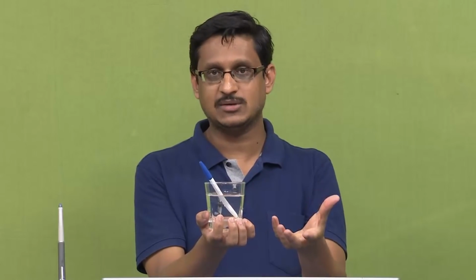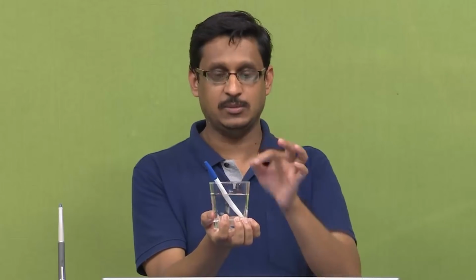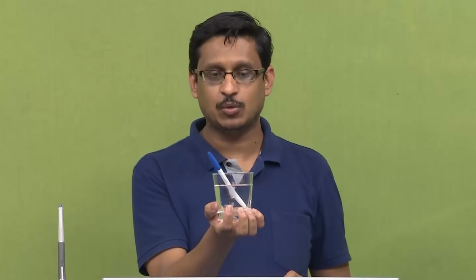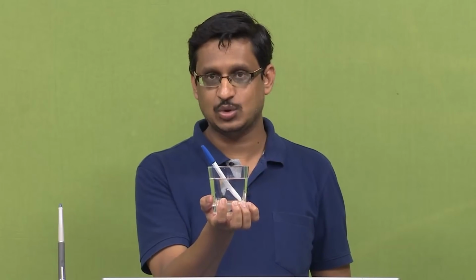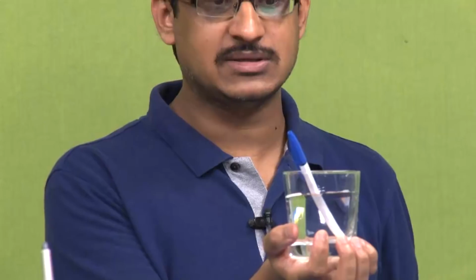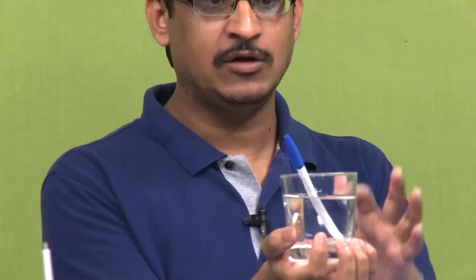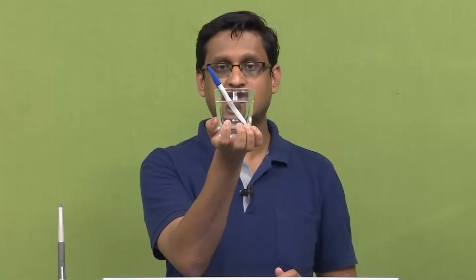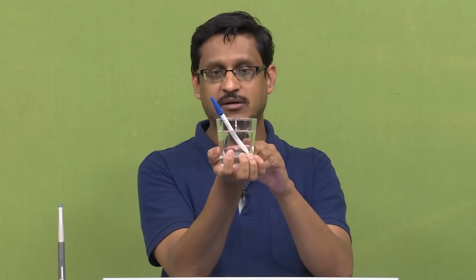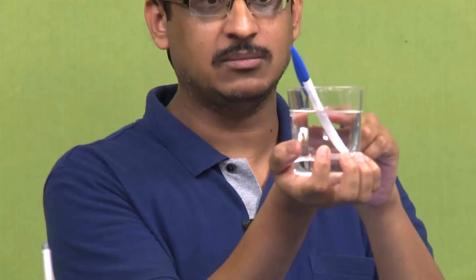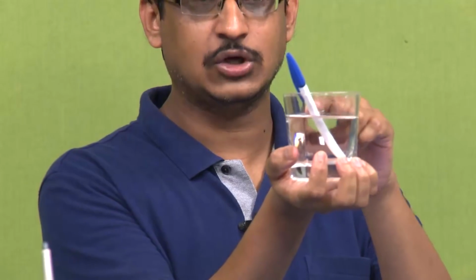You just pick up a glass of water and put the pen inside that water, and what you see is that although the pen is straight and has no discontinuities, it appears that the pen is actually bent. If you look at it from my perspective, you will also see a reflection of this pen coming from the bottom, on the top layer of the water.